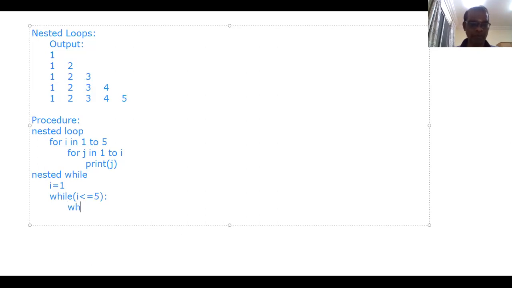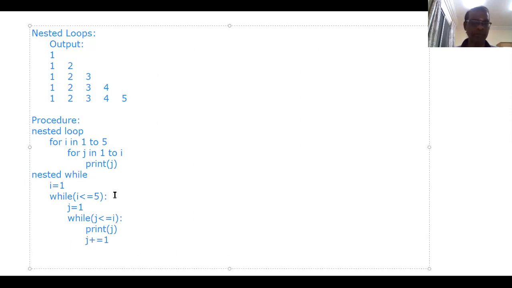Here again j equal to 1, while j is less than or equal to i. Then print j. Then j should be incremented by 1. Here i should be incremented by 1.